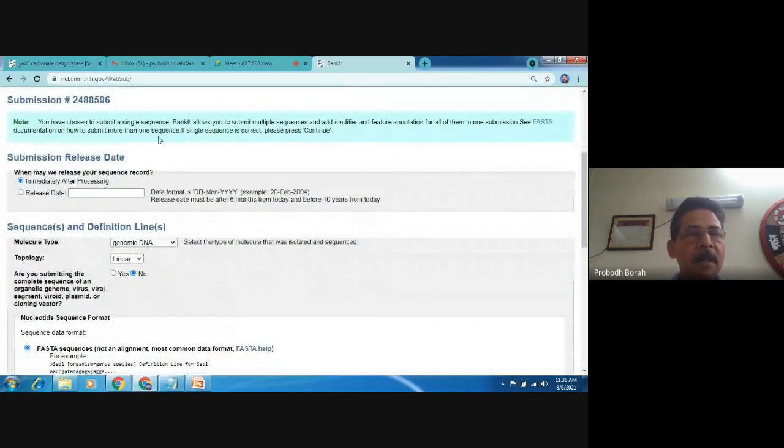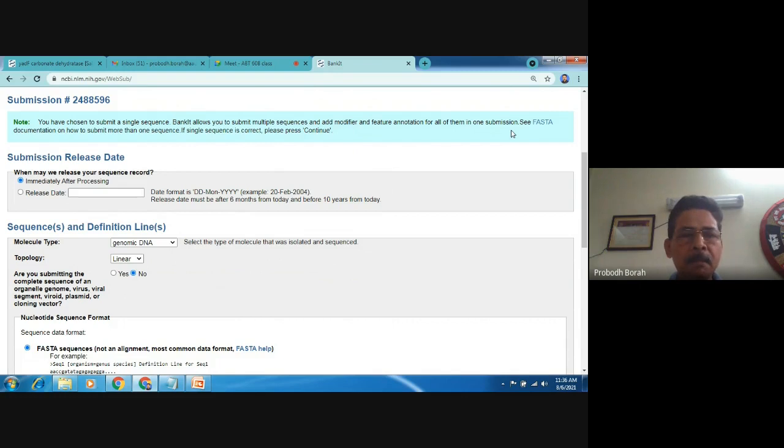Now, it has given a warning. You see, you have chosen to submit a single sequence. BankIt allows you to submit multiple sequences and add modifier and other feature generation for all of them in one submission. So if you have got a number of sequences with you, you can submit them together.